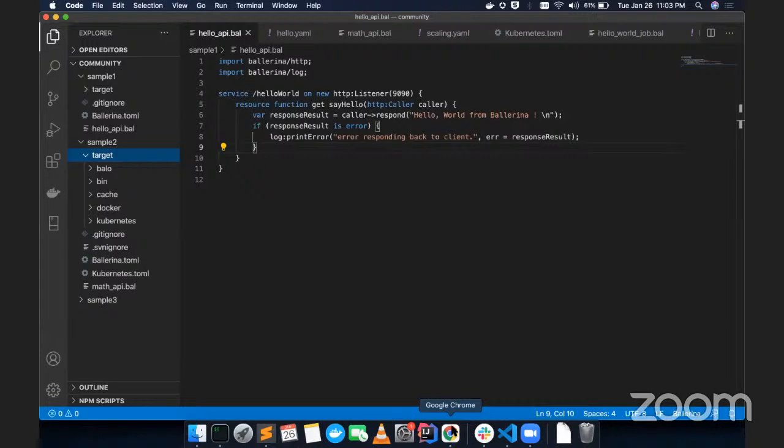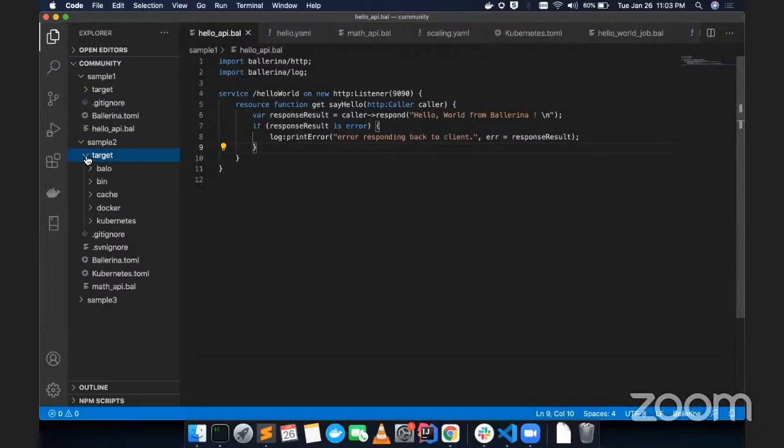Hi, I have a question. How are we supposed to create a multi-service project where multiple services are running in Ballerina? Let's say multiple services can share the same data structures and libraries.